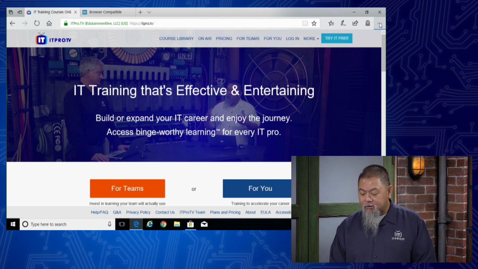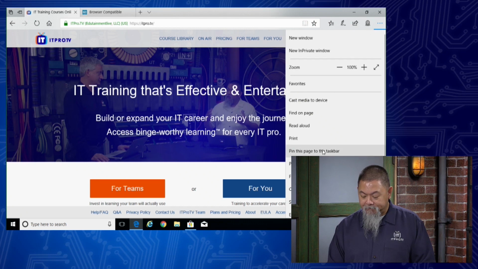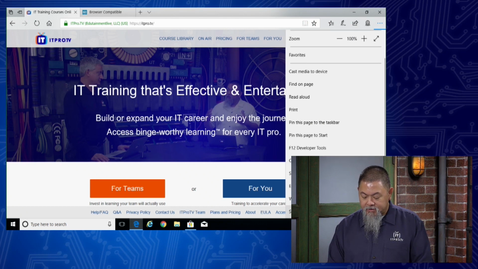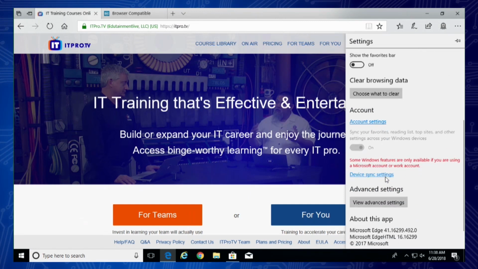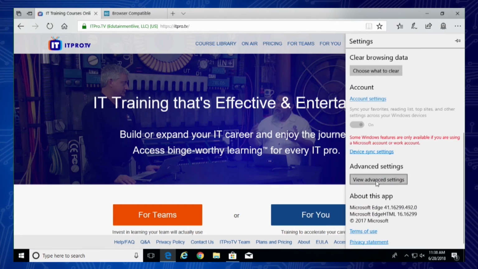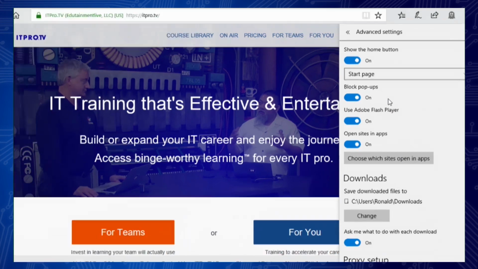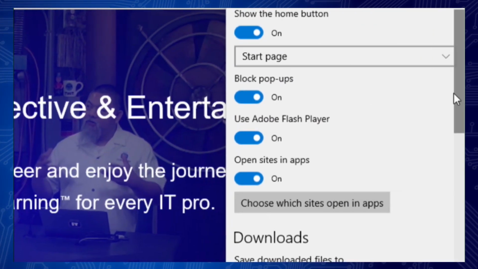So here on Microsoft Edge, if I click on the ellipsis button again, I can scroll down to the settings, and in a moment, I have to continue to scroll to the advanced settings. And it's a simple toggle button inside of Microsoft Edge, where it says block pop-ups. So if you turn this off, it will no longer block pop-ups, and you go to a site that already has all these things loaded and ready to go, you will get pop-ups that would just populate your screen, and you'll just be browsing, you have to click off of it.